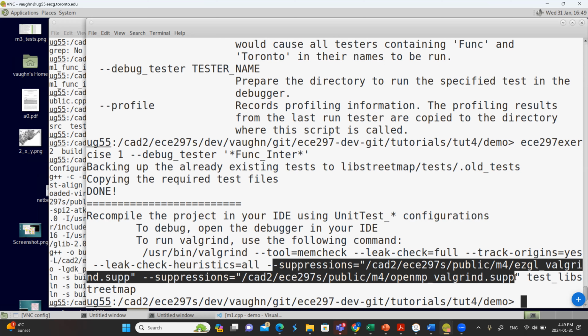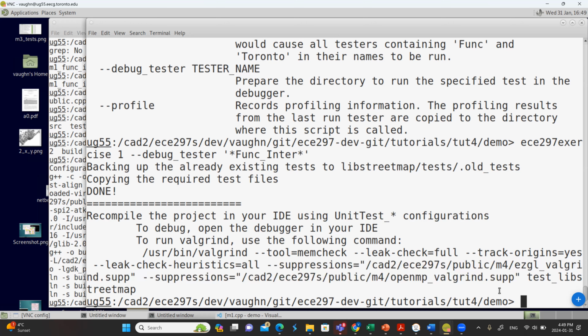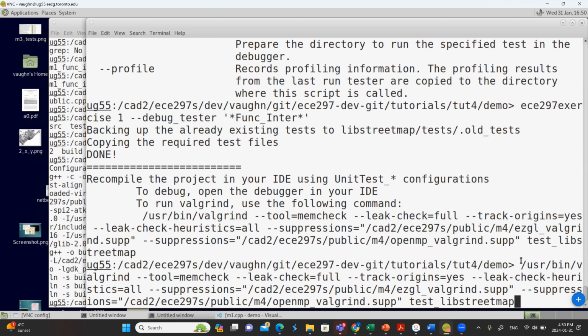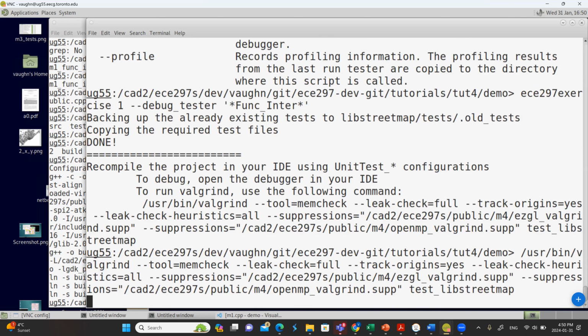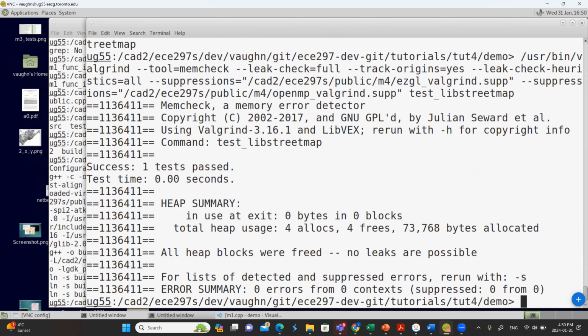So we have suppression files, which basically means we're telling Valgrind, don't report this because we don't want it polluting your output. That's what these other options here are. That's just for your information. You can basically just paste the command in. Okay, so I just copied that, I pasted it, I'm going to run it. And let's see. What did it do? It says no to, okay, maybe I need to build this again.